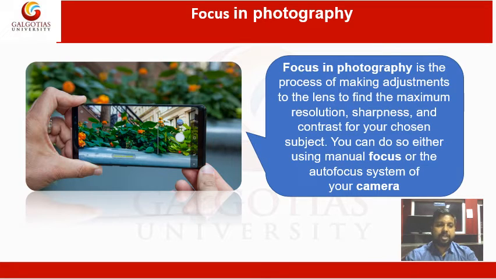So in this image you can see this mobile phone is in a focused area, and the background of this image is out of focus. It depends on which part of the image you want to focus on, so you can adjust that focus area with the focus ring on the camera, or you can use the camera in automatic focus mode. That means the camera automatically adjusts the focus on your subject.